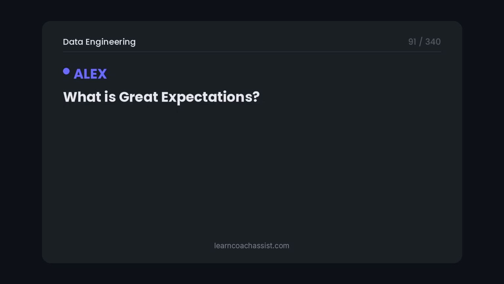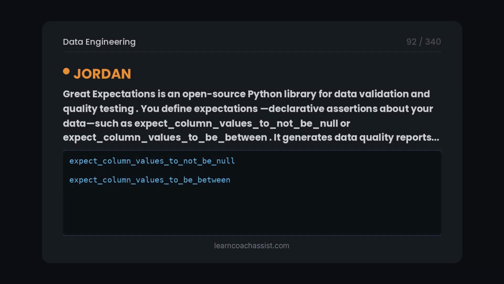What is Great Expectations? Great Expectations is an open-source Python library for data validation and quality testing. You define expectations, declarative assertions about your data, such as expect_column_values_to_not_be_null, or expect_column_values_to_be_between. It generates data quality reports and integrates with orchestrators like Airflow to catch issues before bad